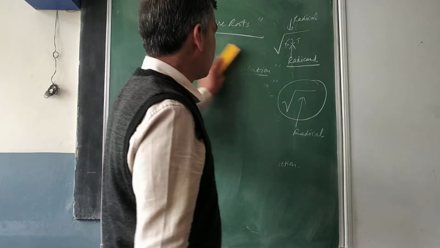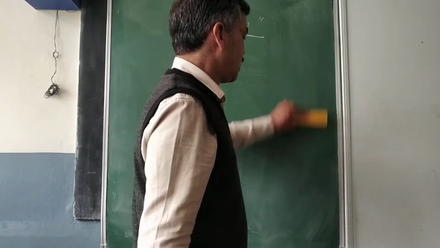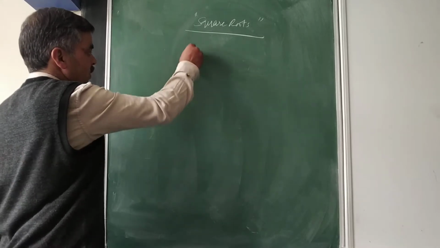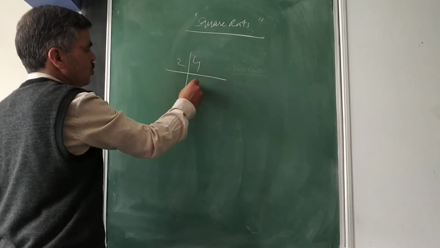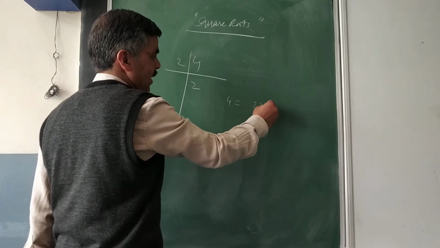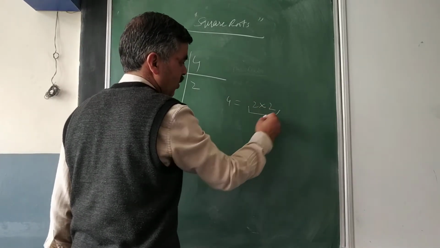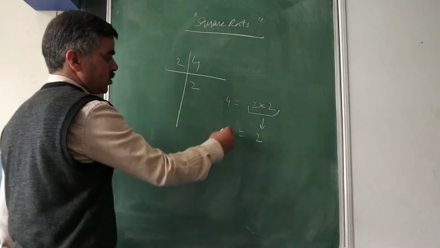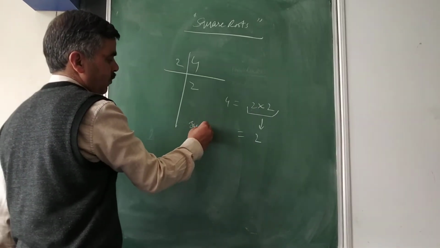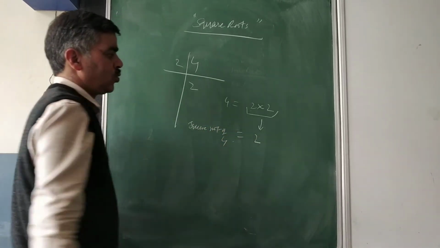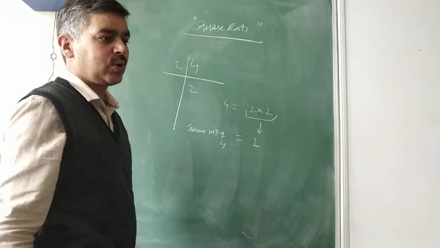So prime factorization method in case of square roots. Suppose you are going to find the square root of 4. Very easy part I will start. What do you do? 2 2s are 4. So you need to write the square root of 4 as 2 into 2. This is the pair, only single. So for 2 times you have to write the answer. So square root of 4 is equal to what? 2. One pair, so only once you have to write.